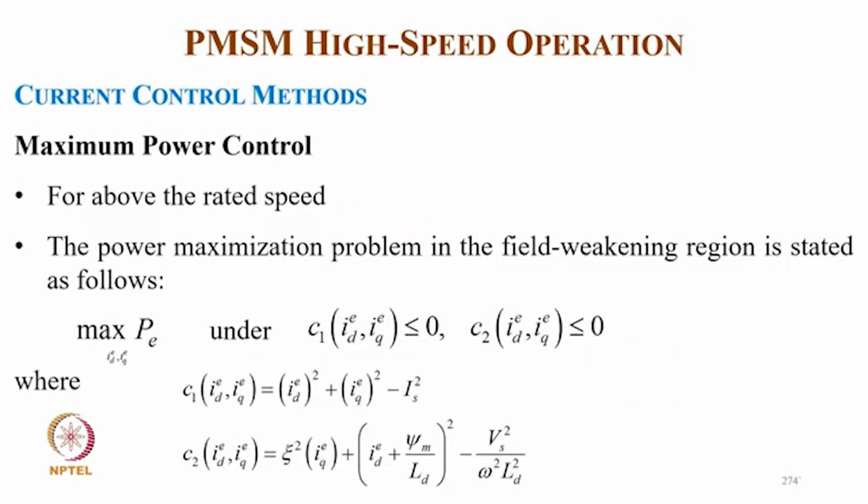So now maximum power control for above the rated speed: the power maximization problem in the field weakening region is stated as maximize P under C1(ID, IQ) less than 0, C2(ID, IQ) less than 0. So C1(ID, IQ) equals ID square plus IQ square minus IS square, and C2(ID, IQ) equals eta square IQ and plus I in bracket ID plus pi m upon LD square minus VSC square omega square divided by